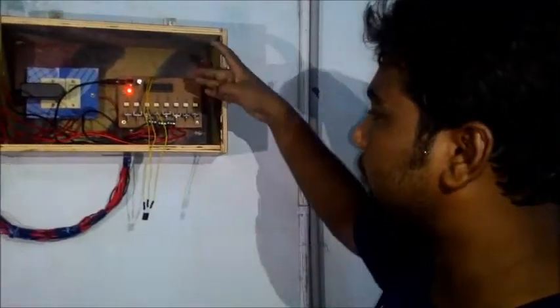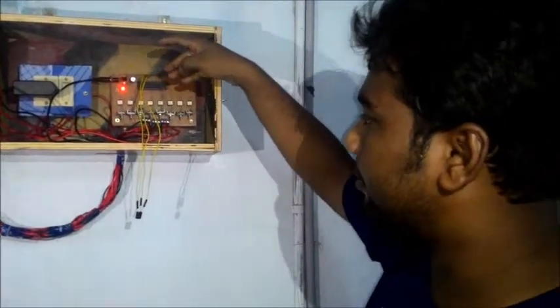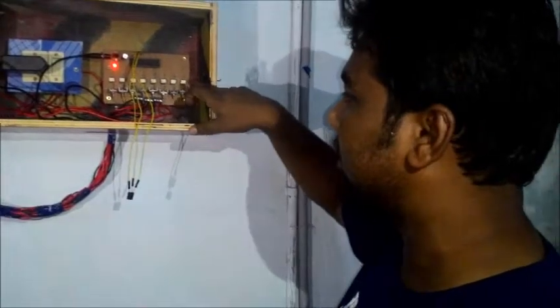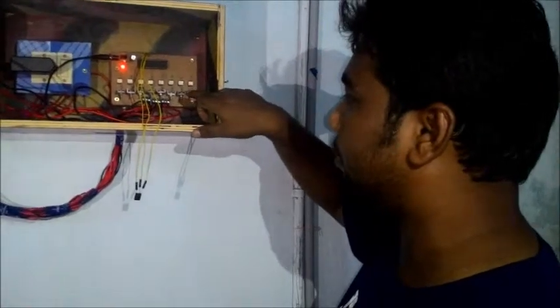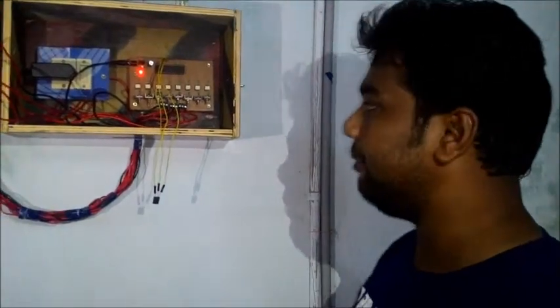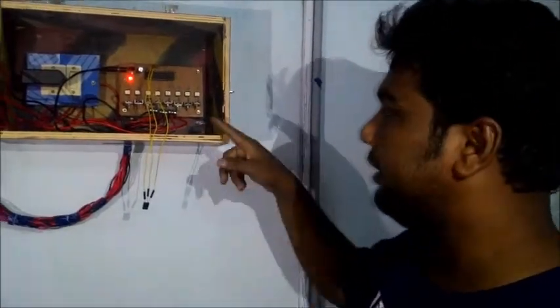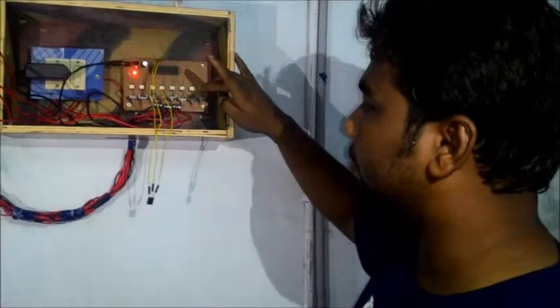According to that, whenever the microcontroller finds that key, it will provide a 5 volt supply to the resistor, and the resistor to the optocoupler. Whenever the optocoupler gets that 5 volt, the LED inside it will glow, and the LDR will detect it. According to the LDR, it will then feed the 5 volt supply to the triac.